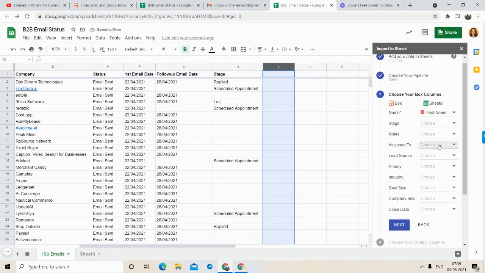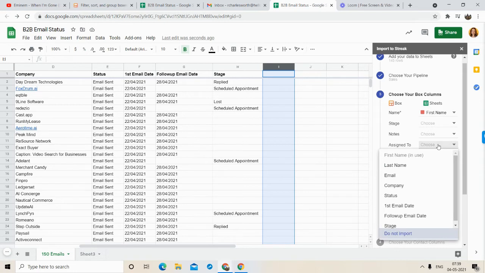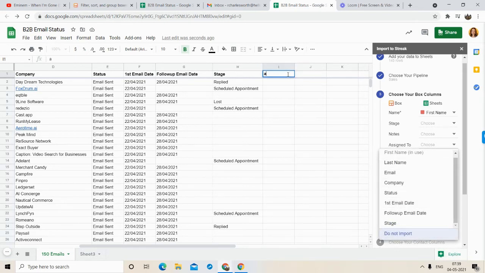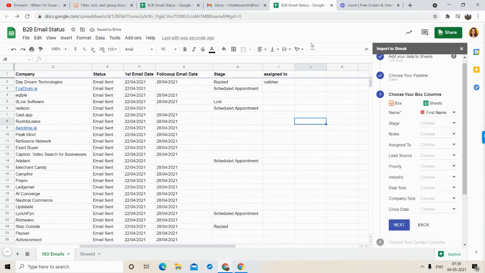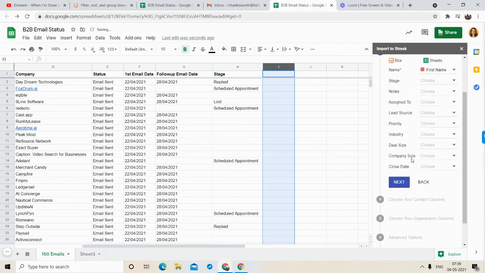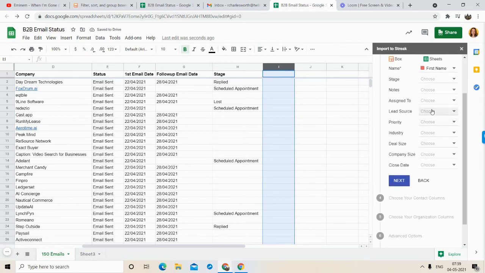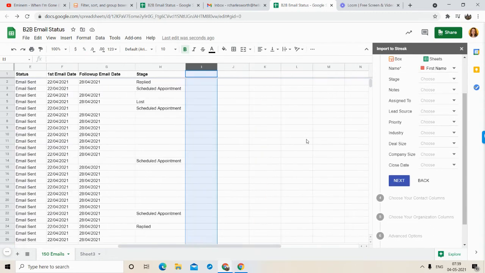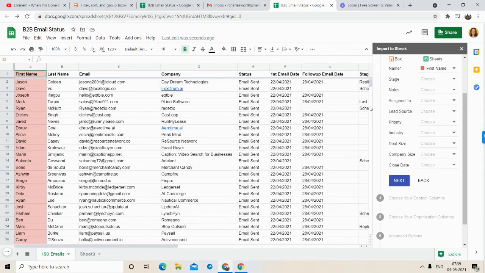If you have an assigned to column, and you have names, like my name is Vaibhav, you have to choose this column, right? But I don't want to. I'm just telling you that this is what the columns look like. So you should have all these columns in an Excel sheet so that you can import. Right now, I do not have.